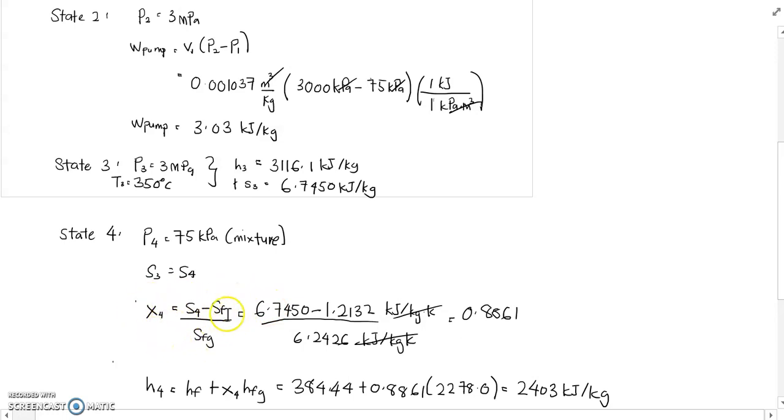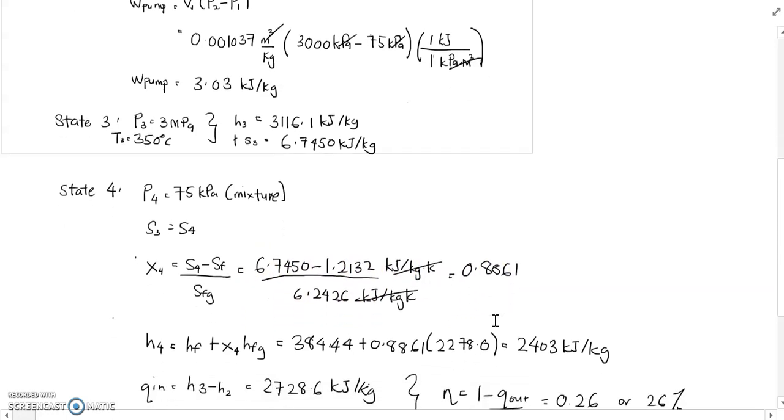Then you use this formula to calculate the quality of the liquid-vapor mixture. Plug in your SF and SFG values, and your S4 is equal to S3. Take this value as S4, then plug into your calculator. You will get a quality of